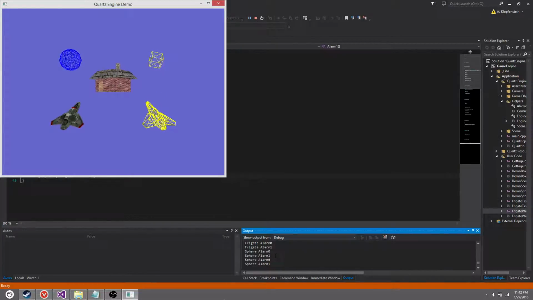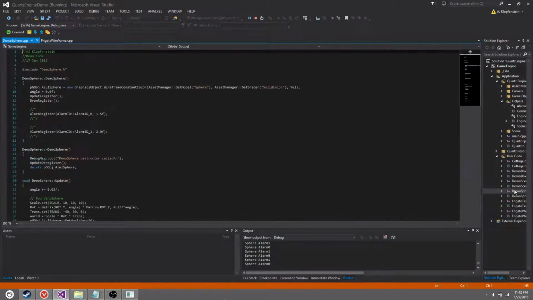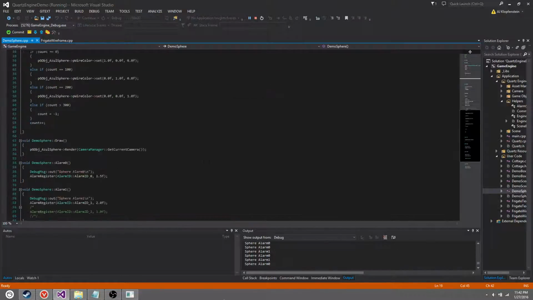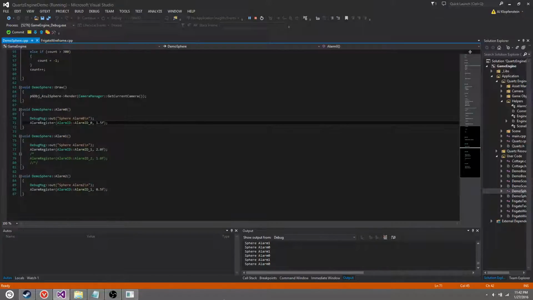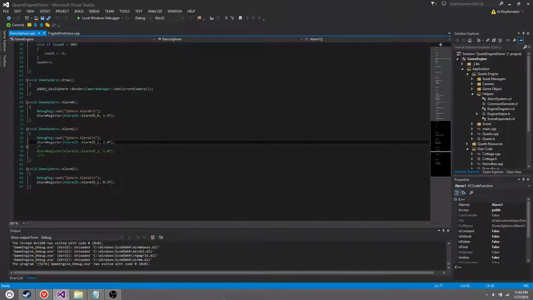Now, as you can see, the sphere alarms replicate themselves, so they'll continue processing without crashing, even though they're refreshing themselves in the code here. Demo sphere starts off with alarm 0 and alarm 1, and alarm 0 recreates itself, alarm 1 also recreates itself. And I have cleanup done so that alarms in process will even